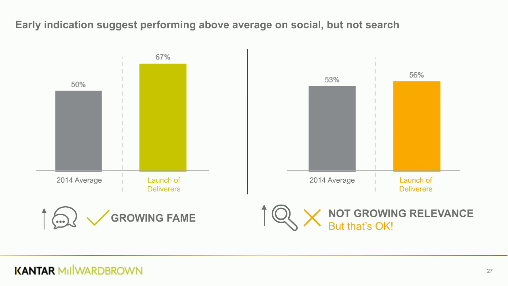There was little impact on search, but this was as expected because this first execution was not really designed to boost relevant associations, more just to really build strong engagement with the brand, which it did succeed in doing. However, the brand team then had a new product launch coming up as well, and the question now was, could they use this new groundbreaking blockbuster creative style to get across their new product message, or would that new product message get completely lost in all the drama?